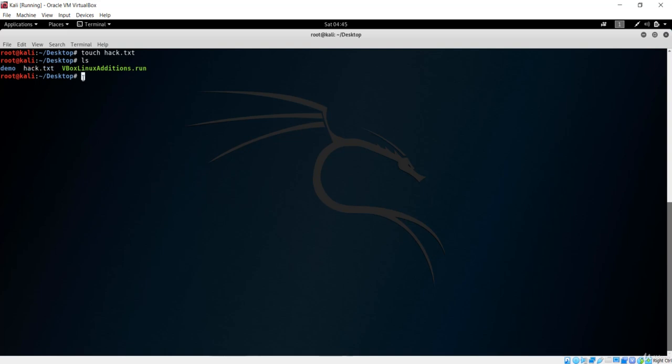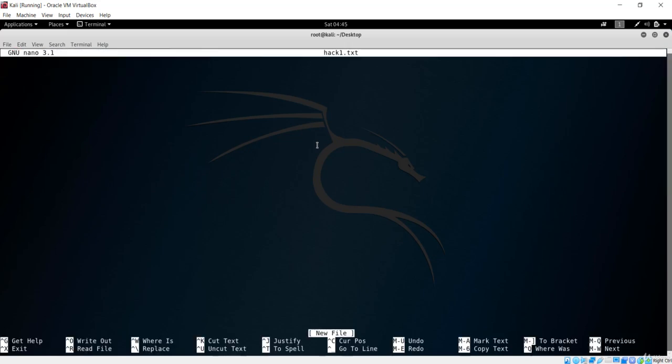You can also edit or create a new file using this nano command. If you say nano hack1.txt, you can see we now have hack1.txt. You can edit this file, or create it if it doesn't exist, using nano. The alternatives to nano are vim and emacs.